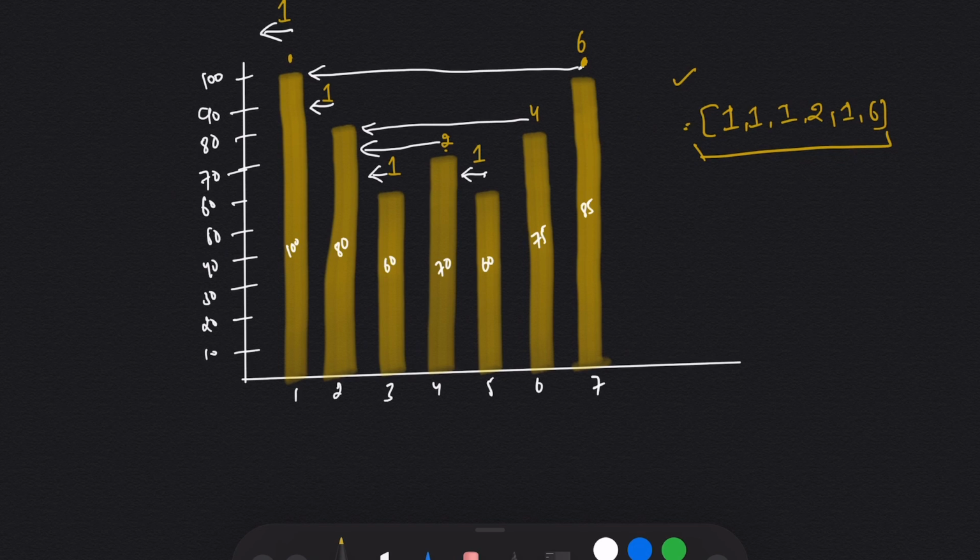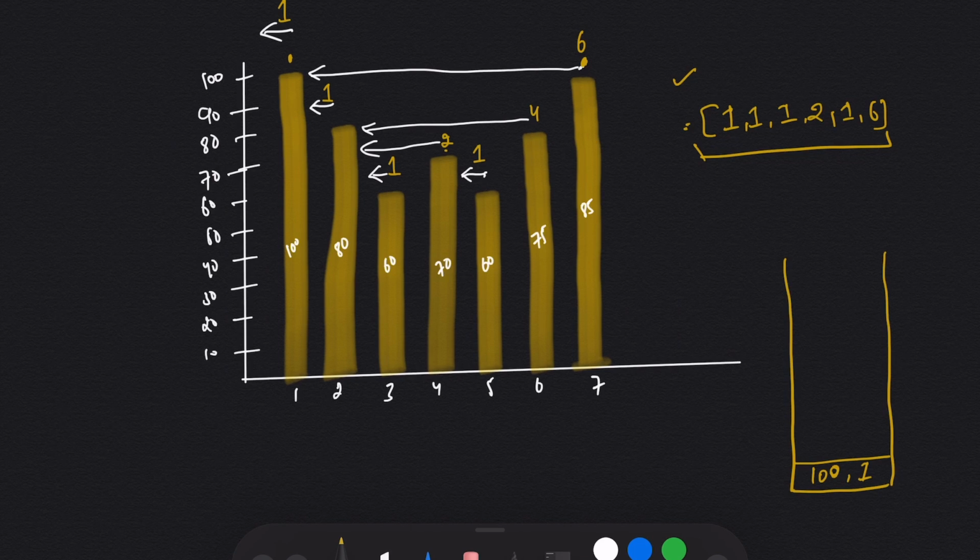So if I make a stack, I am going to push the first day price with span value equal to 1. And why are we taking span value 1? Because if you look at the first day, we don't have any previous day before it, and the question says that we also need to include today's price. So the span is equal to 1.